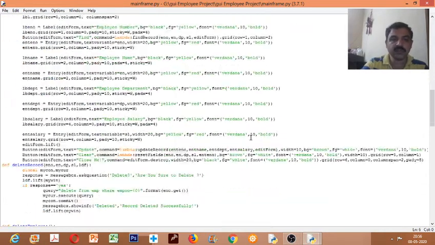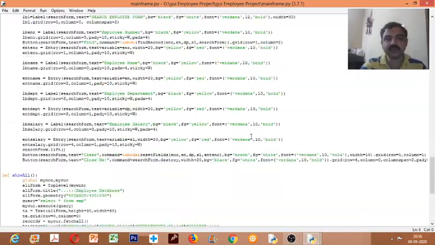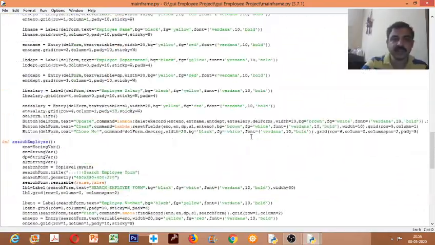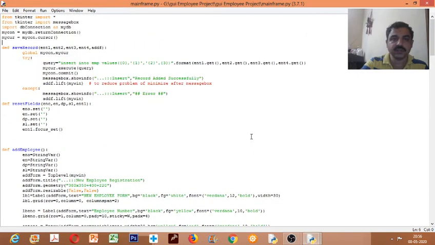So some tools I will be sharing with you. With the help of that you can try this. It is possible to do it with tkinter, or otherwise the basic database connectivity program also will work.